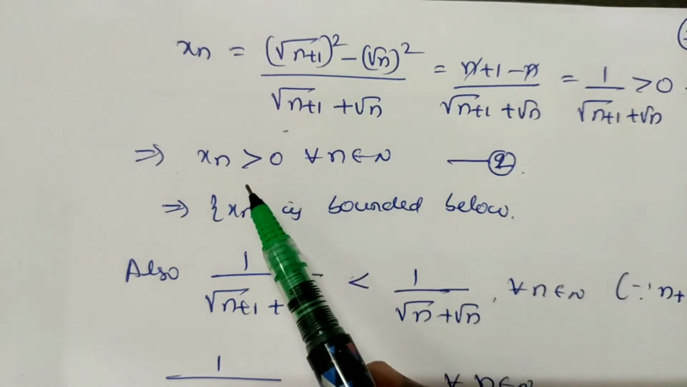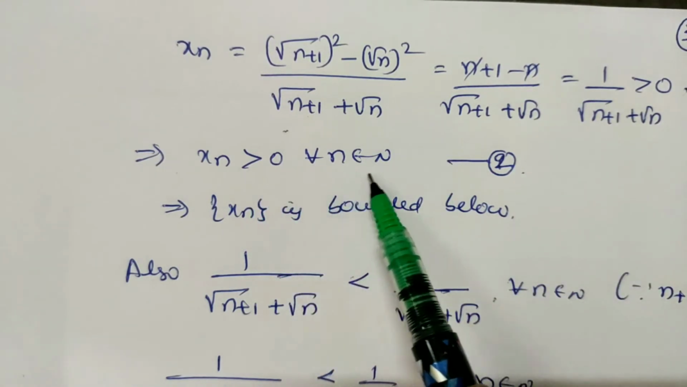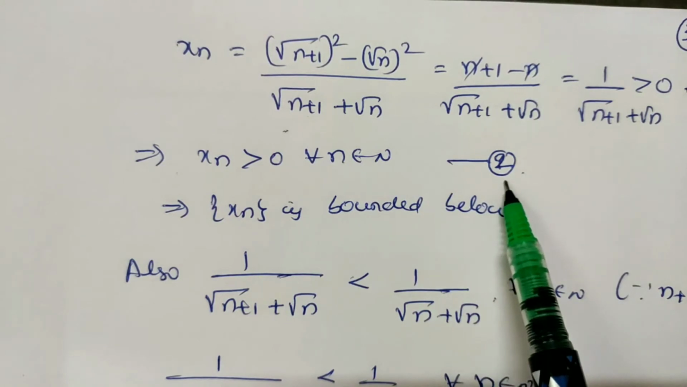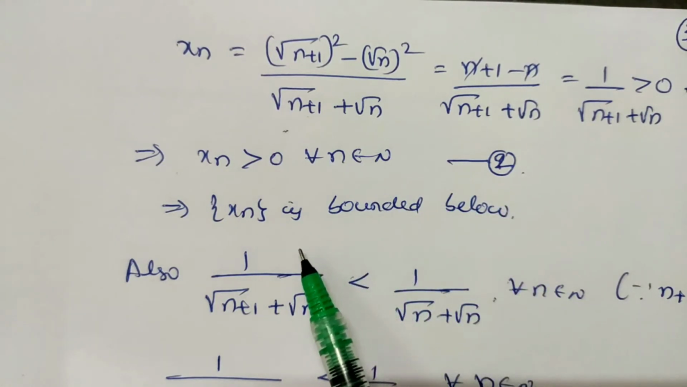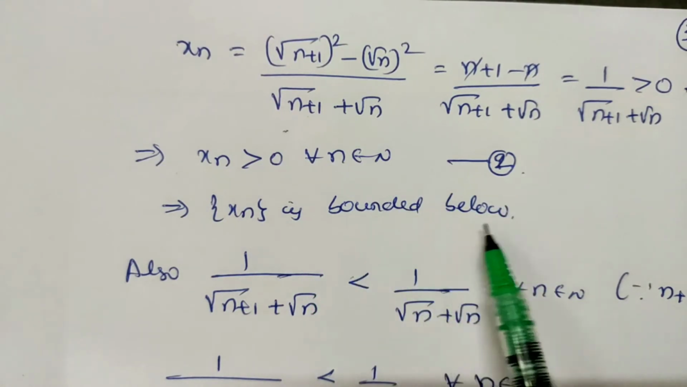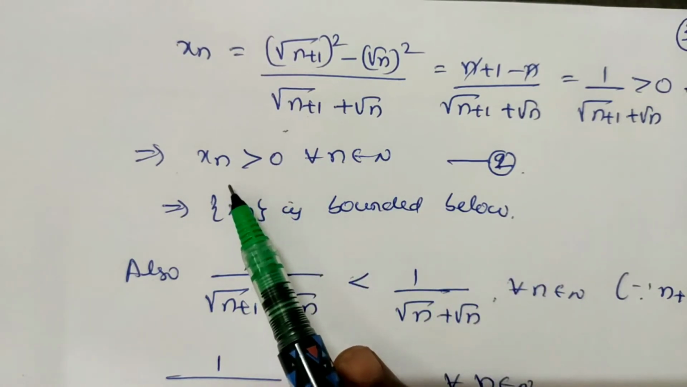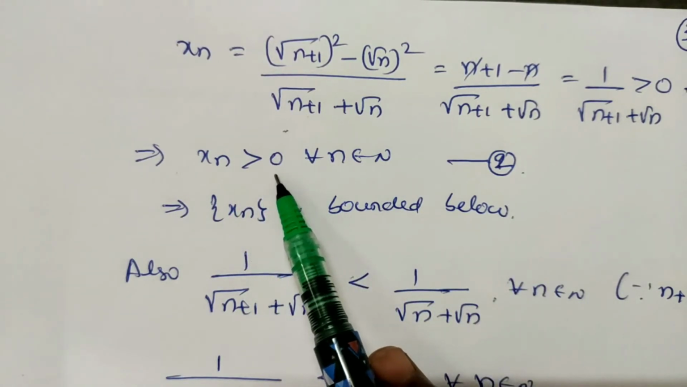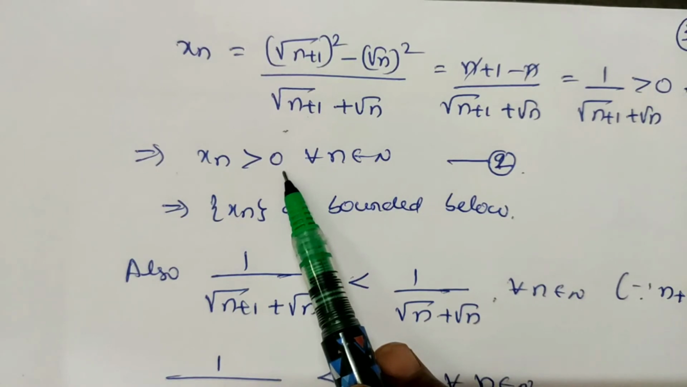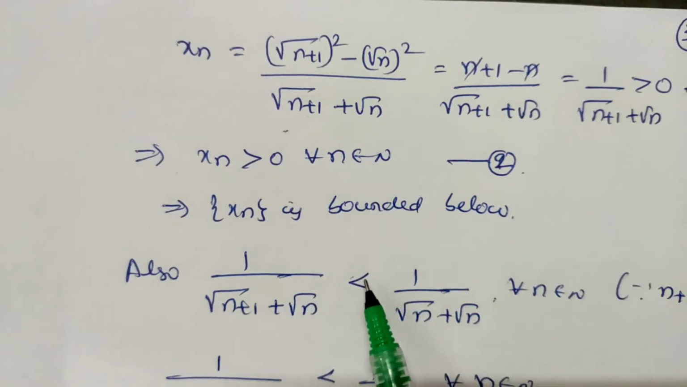So this implies the sequence xn is greater than 0 for all n belongs to N. It is equation number 2. Now this implies the sequence xn is bounded below, because here all the values of xn are greater than 0, which means the lower bound is 0. So it is bounded below. And also,